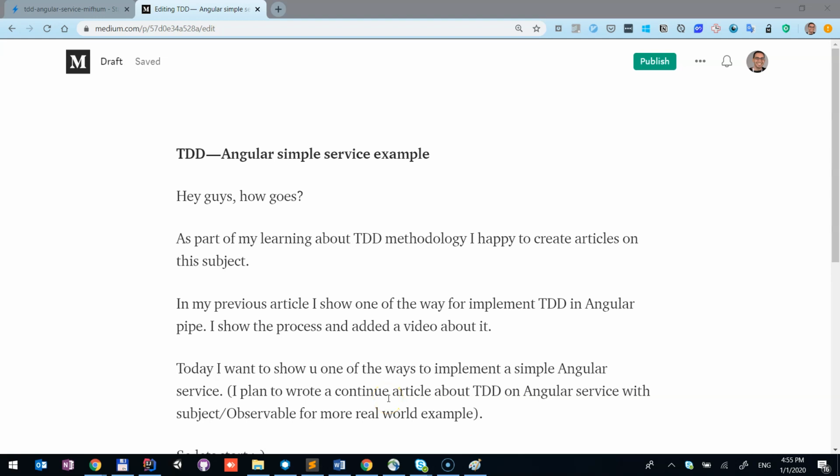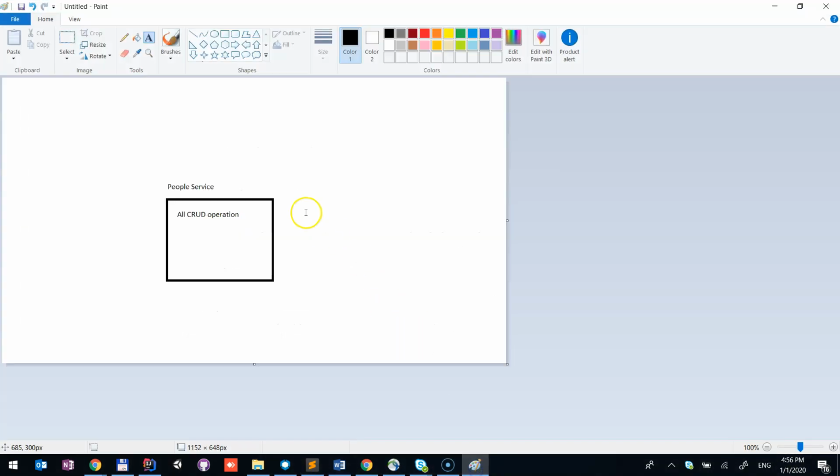Today I want to show you how to write a simple Angular service in TDD style. It continues my previous article about how to write an Angular pipe in a TDD style. In this example, I will write a simple Angular service called the people service, which creates all the CRUD operations: create, read, update, and delete, and there will be some local variable that holds all the people